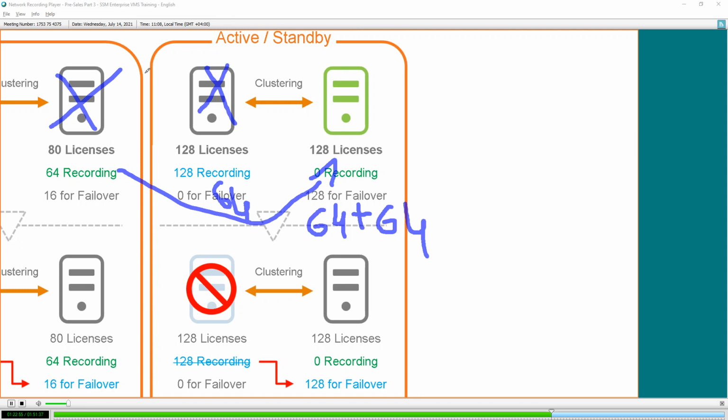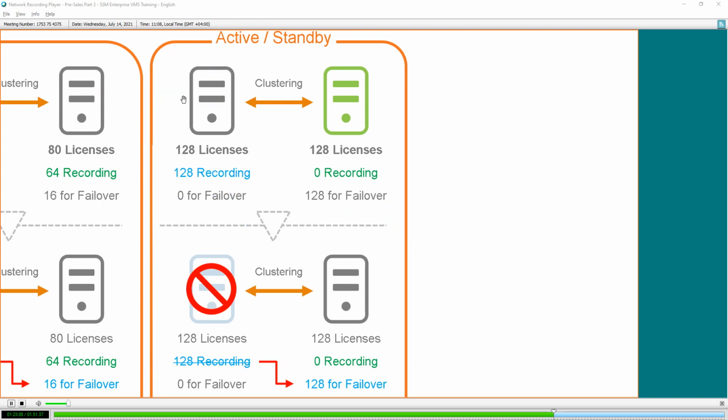Let's say you have one more server here, maybe 20 cameras. So if it fails, if any license is spare, then it will get failover. Otherwise, it will not. I hope you got this point. So if this primary server fails, the 64 cameras will get transferred. I still have the remaining 64 licenses. So if the second one also fails, whatever 64 is on high priority, the camera priority you set, those will get failed over.